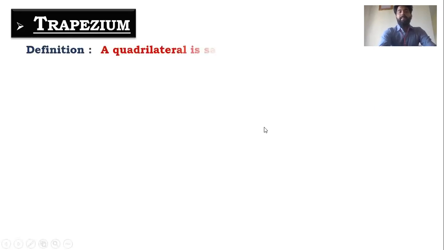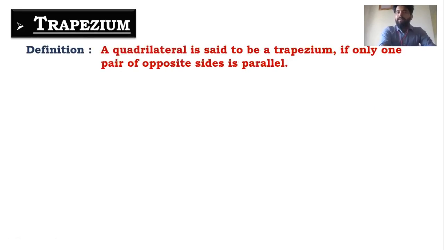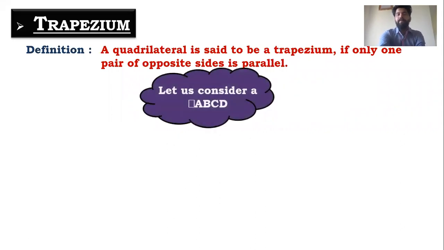So a parallelogram, rather a trapezium, ठीक है, उसका definition क्या होता है? A quadrilateral is said to be trapezium if only one pair of opposite sides is parallel. ठीक है? Parallelogram में दोनों pairs of opposite sides parallel होने चाहिए. इसमें सिर्फ one pair of opposite sides is parallel. मतलब